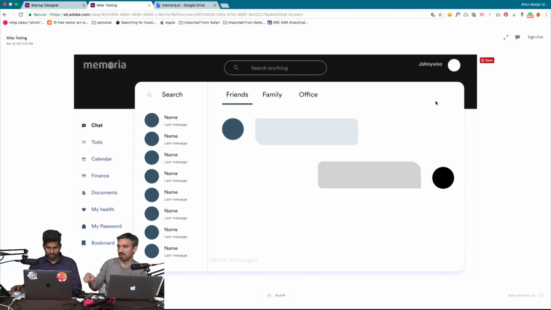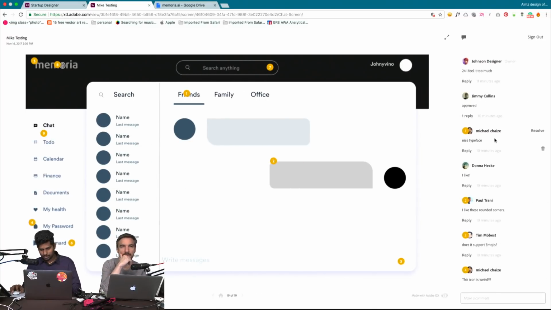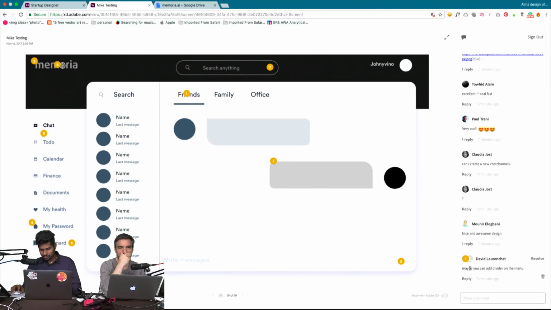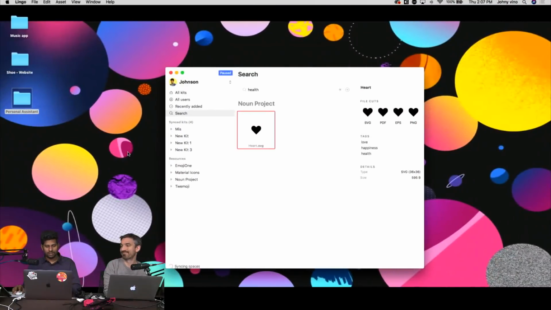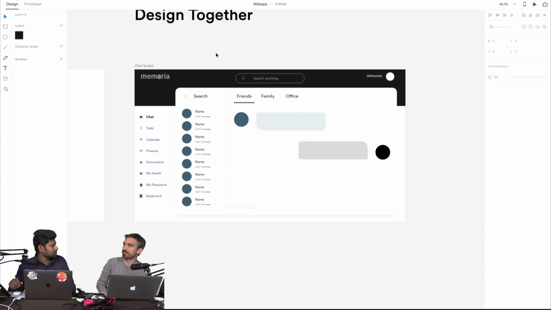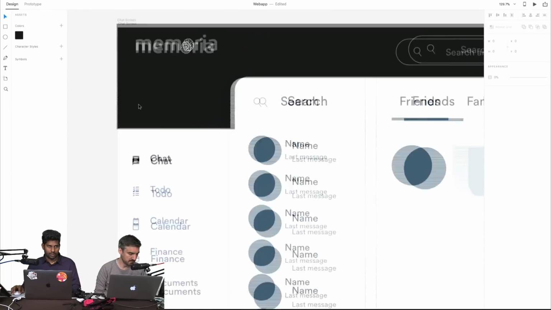You need to click on the comment icon. Okay, there we go. Do I get any? Yeah, I got a lot of feedback. Maybe you can add a divider on the menu. What does that mean? Okay, what is the number of the dot? Oh, divider here. I feel like we can add a divider, but it's too much. Too much? Cluttering? Too loaded? Yeah, we can make it very clean instead of making so many things. And I think this space we can utilize for making notifications.